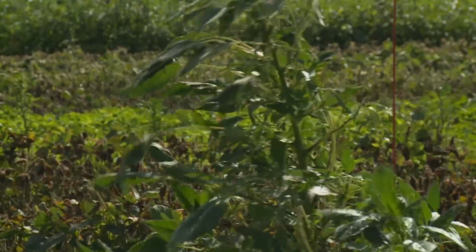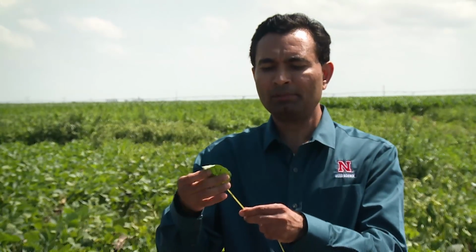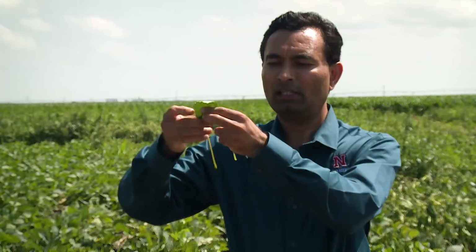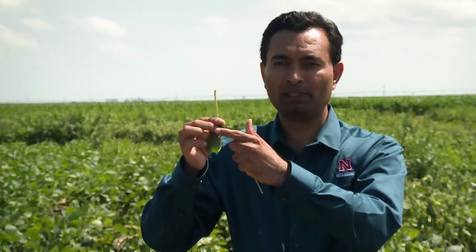For example, if I have a Palmer amaranth plant, this is the petiole, which basically connects the leaf with the main stem. I cut this leaf with the petiole. This is Palmer amaranth. If you bend it, even with a bare eye, you can see the length of the petiole is really long. If you bend this, the length of the petiole is longer than the actual size of the leaf